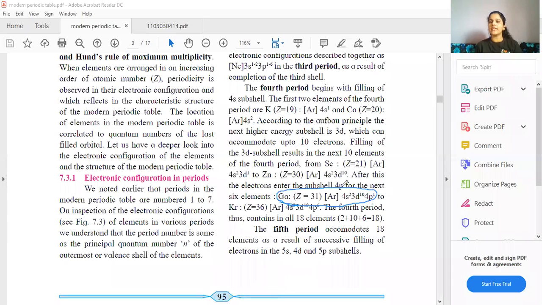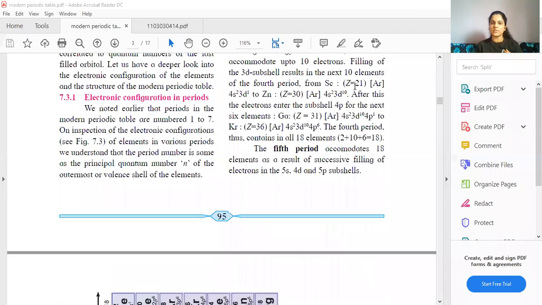So here, if you look at the configuration, which is the valence shell in this scenario, which is the principal quantum number that we are supposed to consider? That is 4, the fourth shell, because we have entered the fourth shell. 4s is filled, 4p has started filling. So here the principal quantum number in the picture is 4, which means that gallium is in the fourth period. Students, in this manner we can determine which group it is present in, which block it is present in. Everything can be determined from electronic configuration. So that we'll be seeing ahead. Okay, so this is what we did last time.